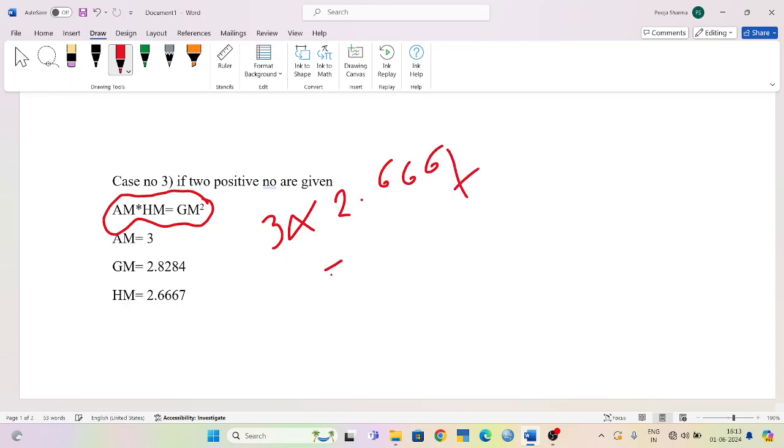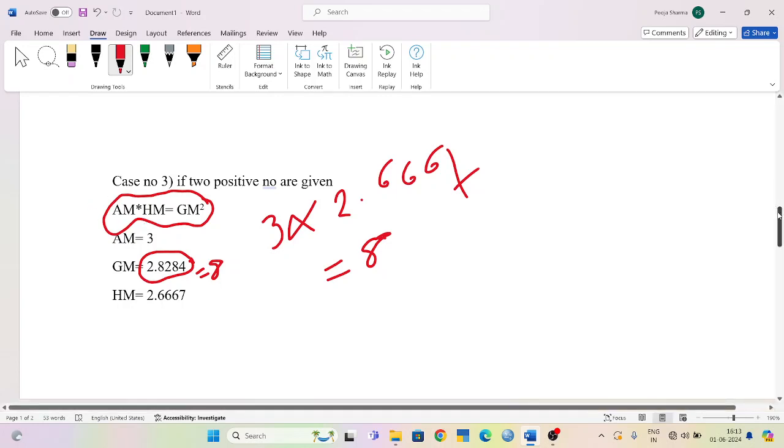We will get the value 8, which is equal to GM square. When we square the value of 2.8284, we will get 8. Hence, it is proof that if two positive numbers are given, then AM into HM is equal to GM square,